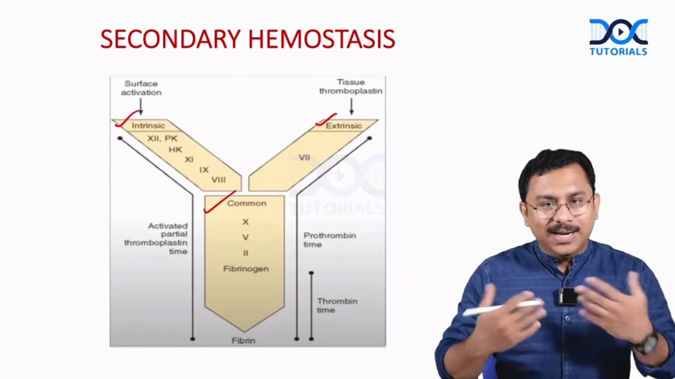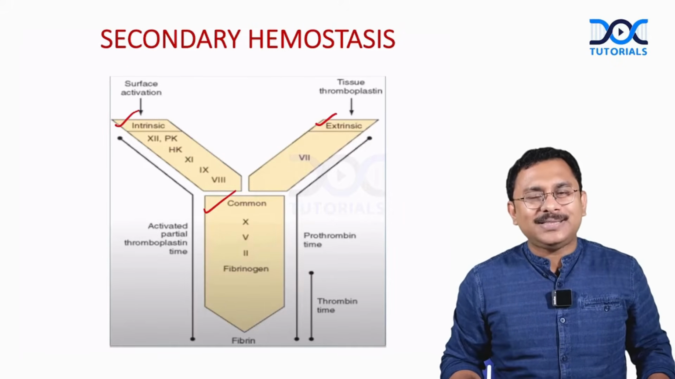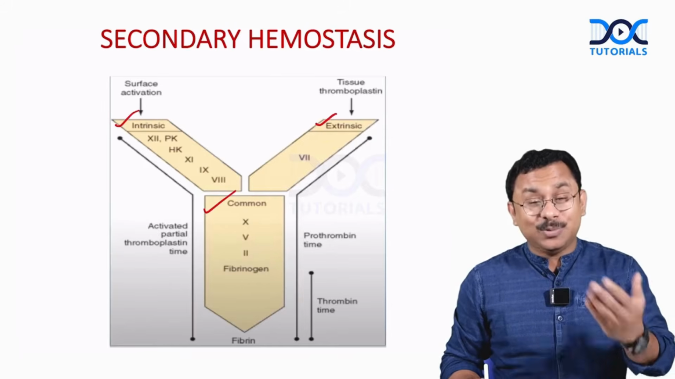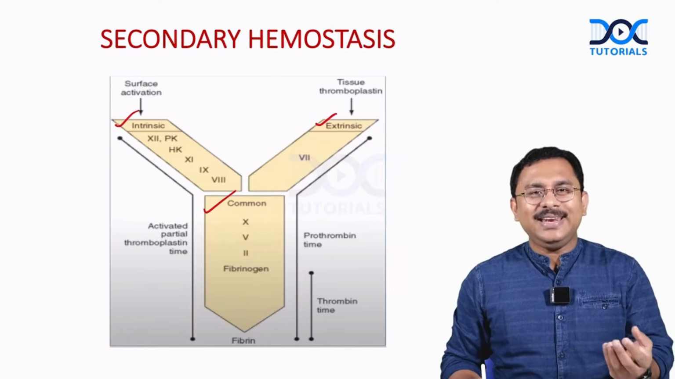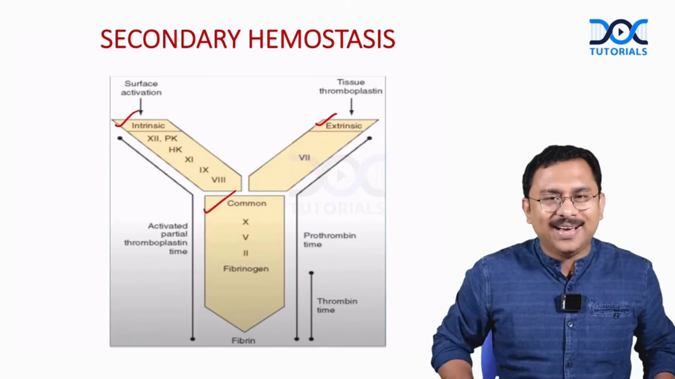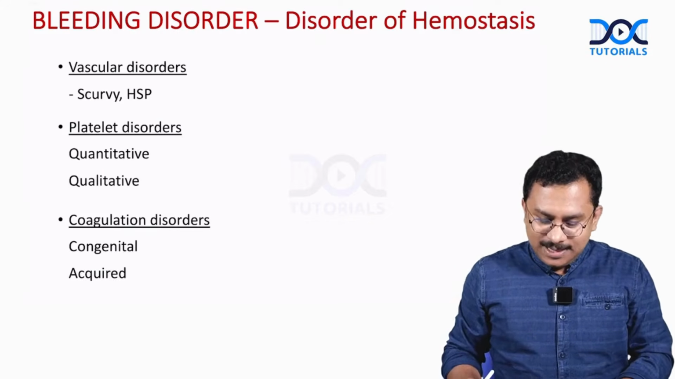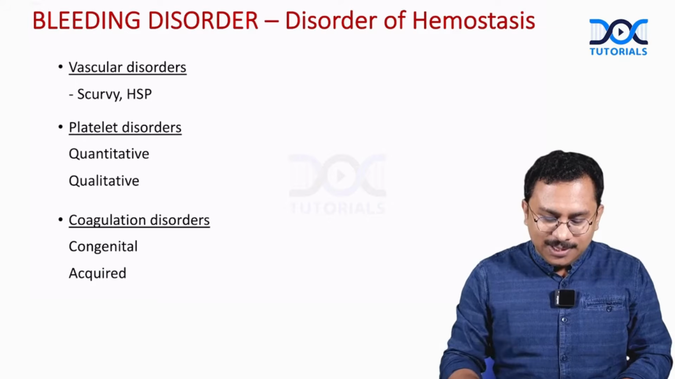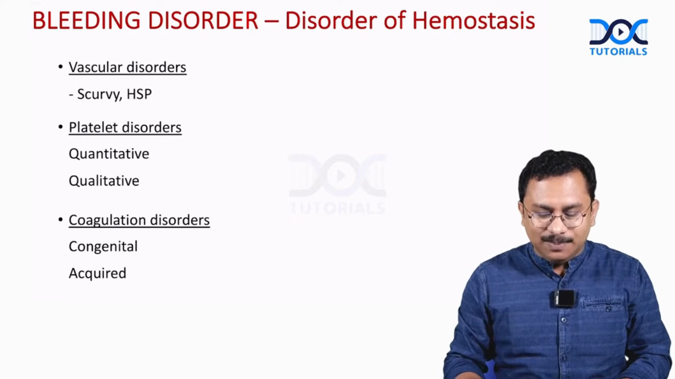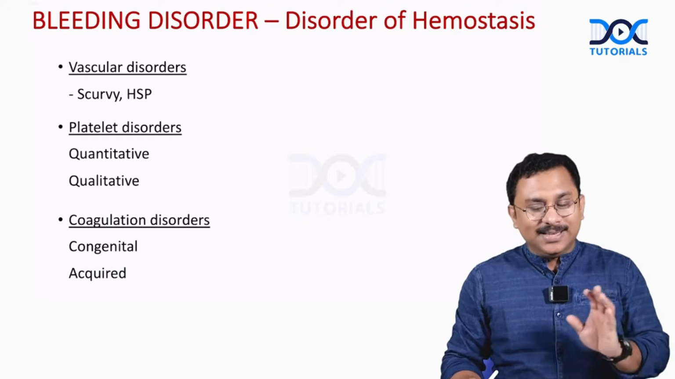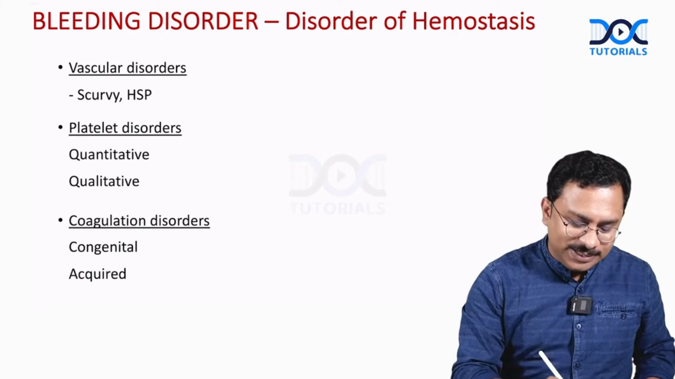So you've got multiple clotting factors which are involved in secondary hemostasis, and when you get a defect in any of these clotting factors, you can have a disorder involving secondary hemostasis. Okay, so just to sum up, a bleeding disorder is a disorder of hemostasis which can happen because